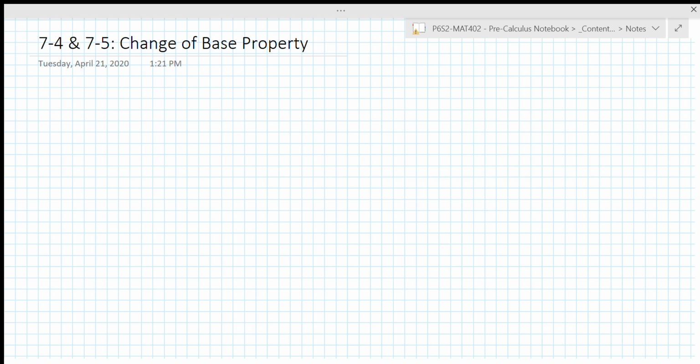Hello, pre-calculus class. In this video, we're going to take a look at one last property of logs that didn't really fit well in with the last three properties. Those kind of all go together. This last one is a little bit of a standalone, something called the change of base property that lets me change the base of a logarithmic function to whatever I want it to be. So we're going to derive that change of base and see maybe an example or two of how you might use that